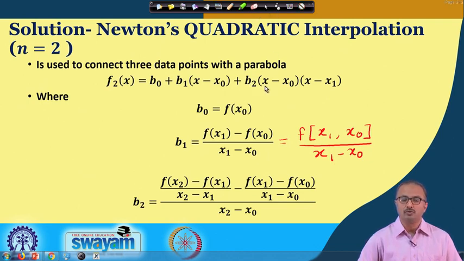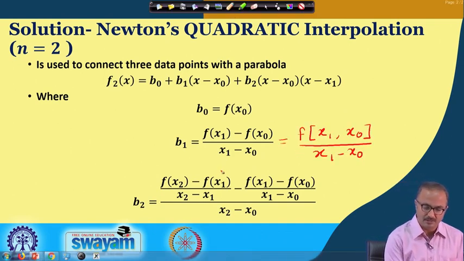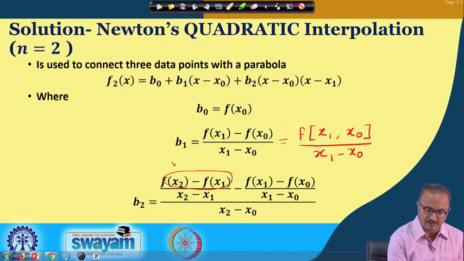For that, you put x equal to x2. Now if you put this x2, you know that x2 minus x0, you know the value of b1, and you know the value of b0, f(x0). Now you can easily manipulate this equation to get the value of b2, like this: f(x2) minus f(x1) divided by x2 minus x1, minus f(x1) minus f(x0) divided by x1 minus x0, all divided by x2 minus x0. What it basically means is that this particular thing is nothing but